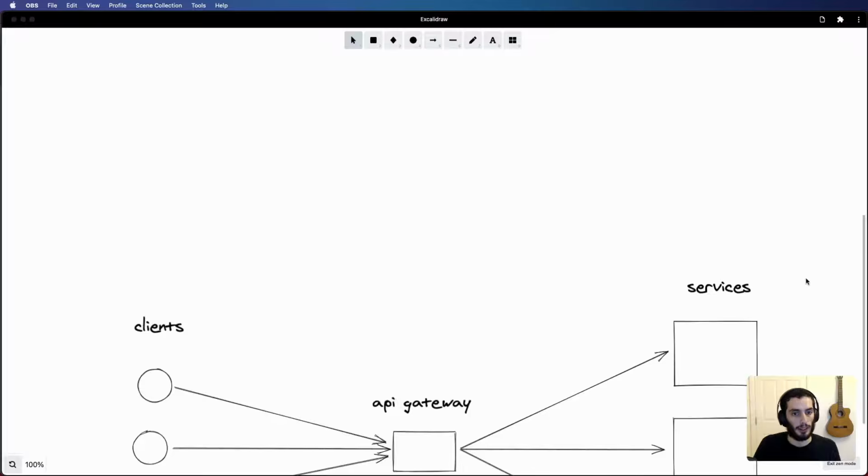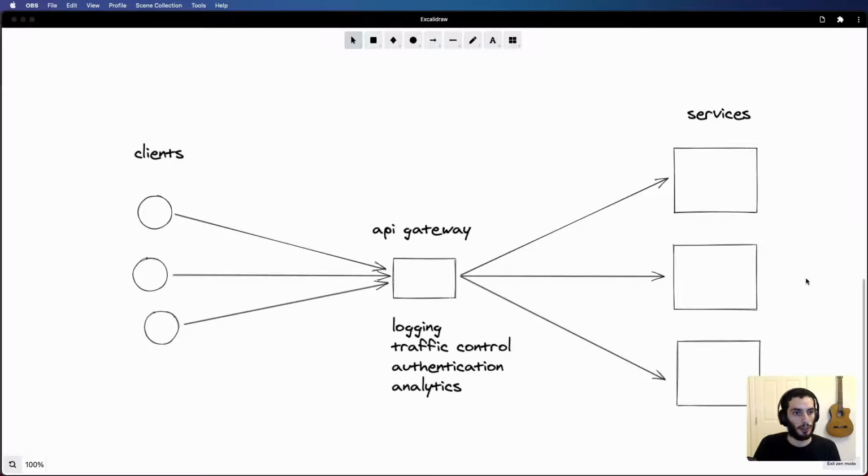So what is an API gateway? I've just got a very simple diagram here which shows it. An API gateway is a tool or a service that acts like a reverse proxy. It takes in requests from clients and it basically just routes them based off of some sort of pattern